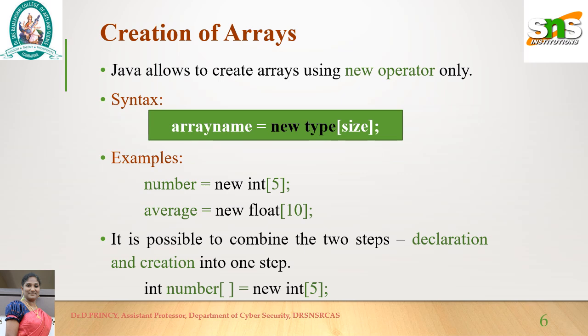The number is an array variable which has integer type, and the size also should be declared with the data type integer only. It is possible to combine the two steps, that is declaration of arrays and allocating memory, or creation of array, into one. int number[] = new int[5];